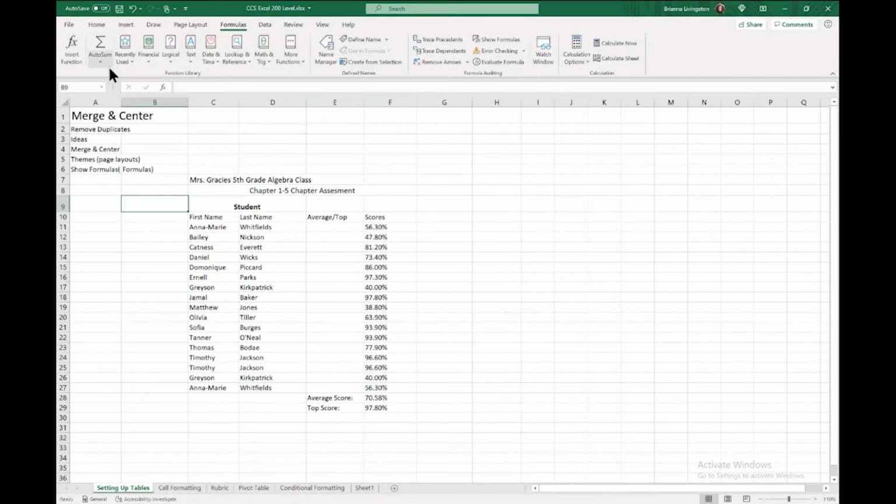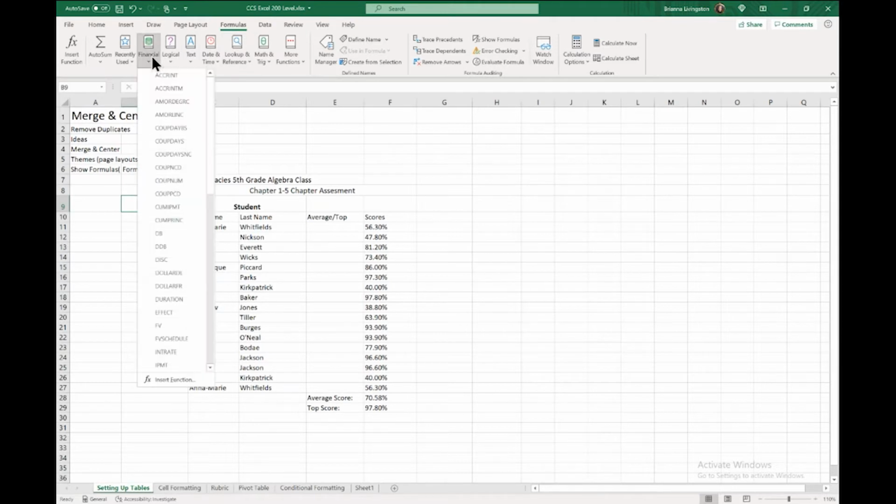Formulas. So this is a tab that you'll probably use a lot, especially as you're getting started. If you need a financial formula, this is not something you're going to just memorize. You're not going to just start using Excel and know all these formulas, nor can I teach them all to you. So I would recommend watching videos. That's really the best way to learn Excel. If you want to accomplish something, Google it, because that's what I always do. How do I get Excel to do this? And then you usually can look around and find solutions.